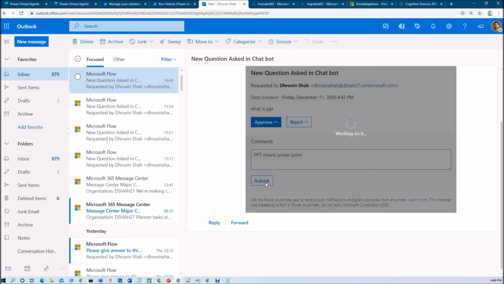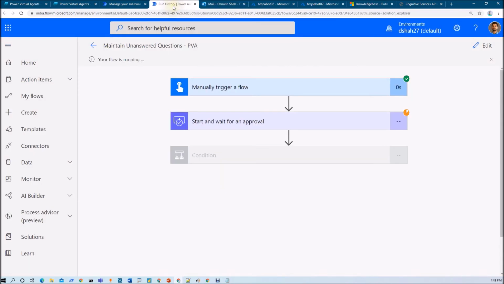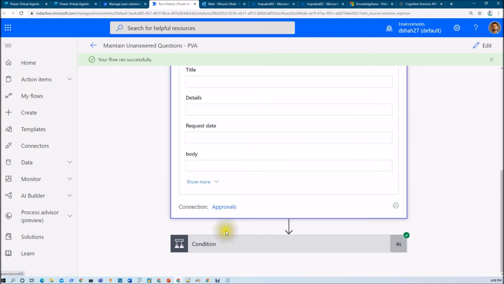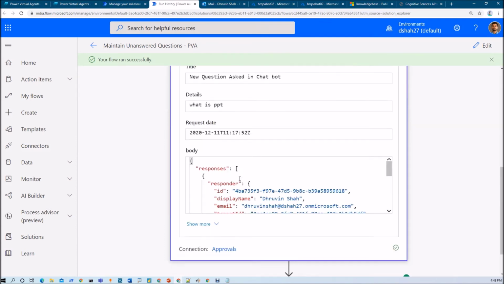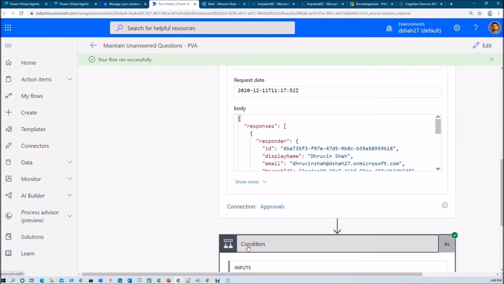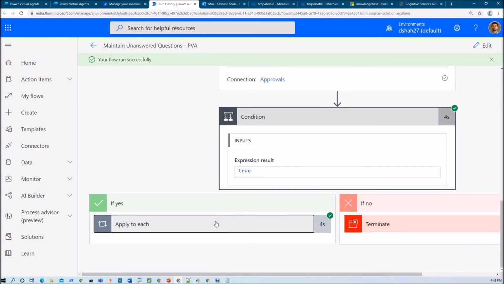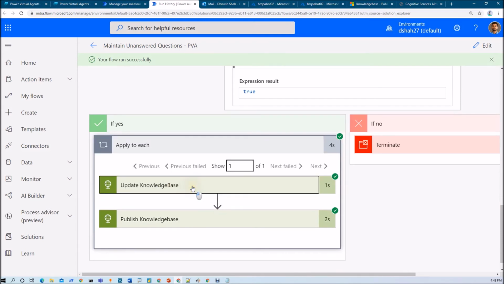So I'm clicking on submit, and now let's go to the run flow. My flow is running and the flow ran successfully. So it is approved. We are getting the approval status as approved from here. Let's go to that condition. Now it will first update the knowledge base.